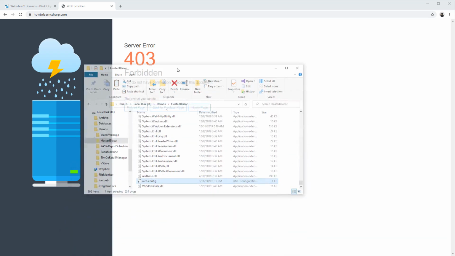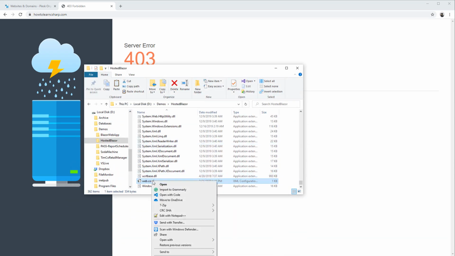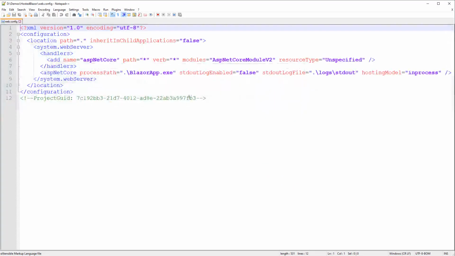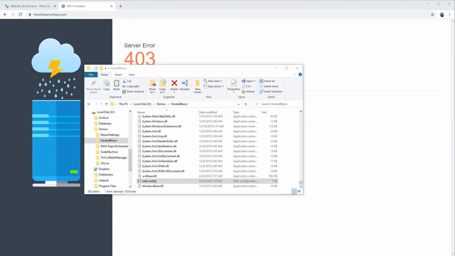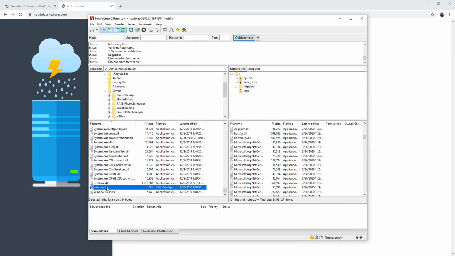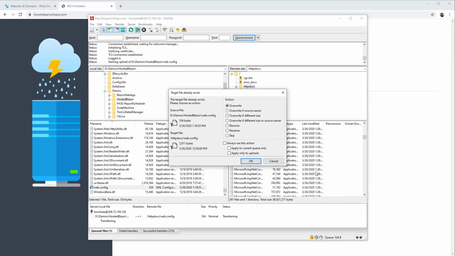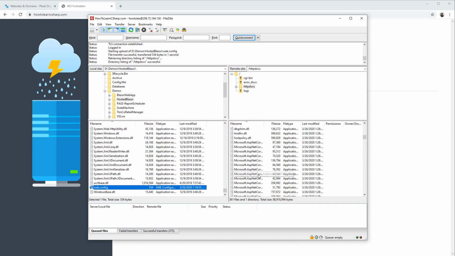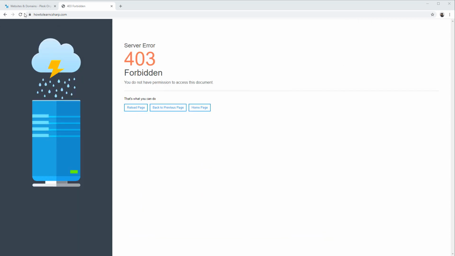If we go here and look at our web.config, let's open this with Notepad. Notice we have ASP.NET Core, and the path is blazor-app.exe. These are things that we need. So let's overwrite that file, and if we need to, we can always bring it back. But I've already downloaded it, so let's overwrite that. And now we have it overwritten. We refresh,